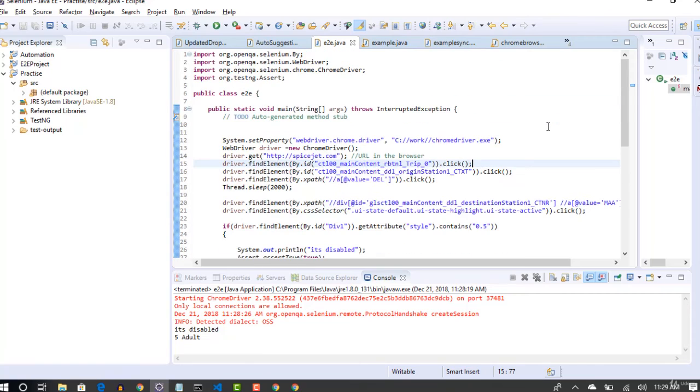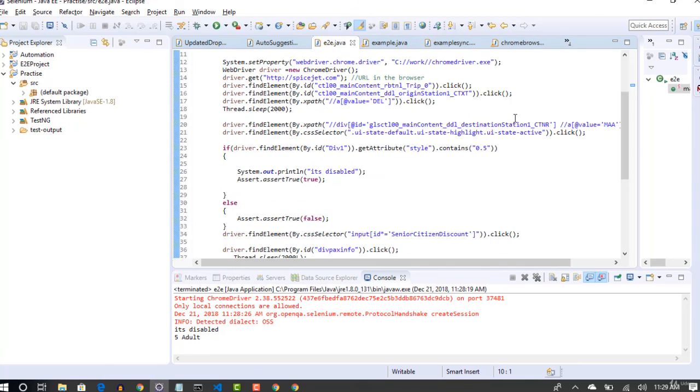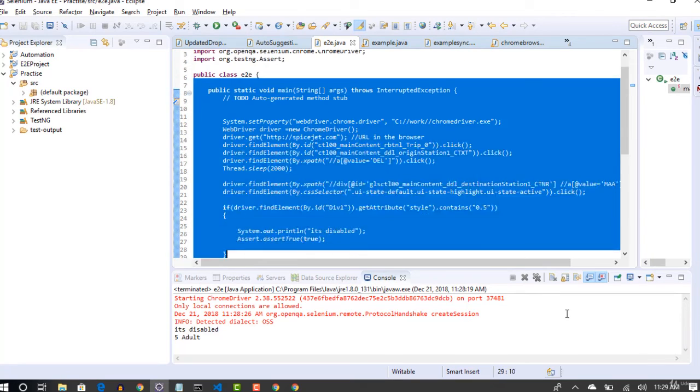So we have successfully automated a highly complicated travel UI. Wherever you go, people generally say that travel UI front end will be highly complicated because it will be rich in UI and they will put in all the latest technologies, because that's where people book a ticket and they have to give the best experience, right? So they will build the UI highly complex with neat and detailed UI. If you are able to automate that, that's it. 50% of automation knowledge is already grabbed and it's in your pocket now with this end-to-end automation.